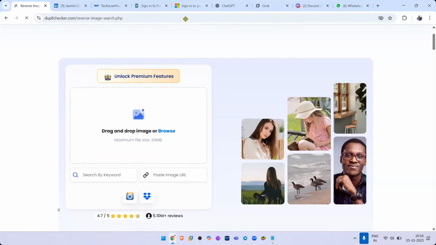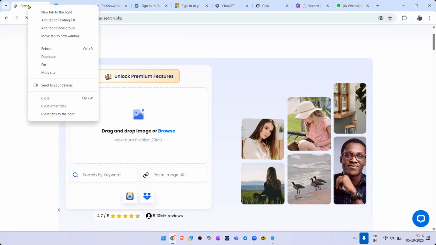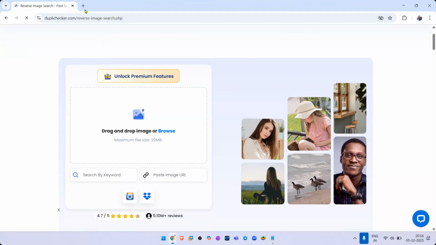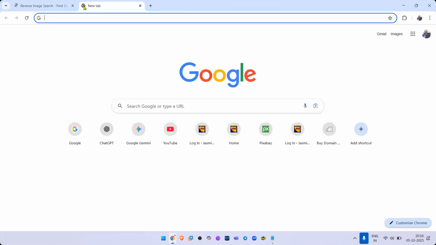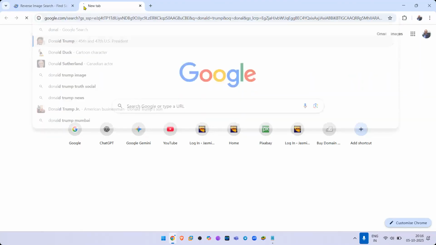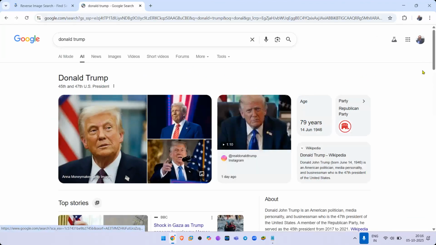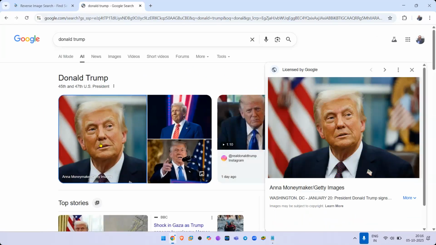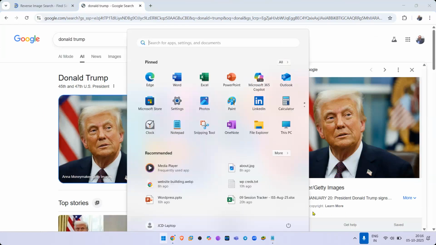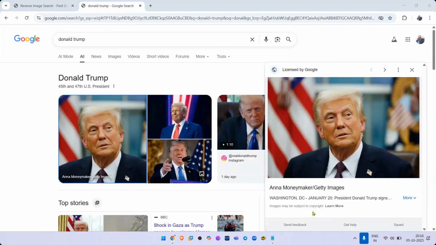Let me try to find someone. All right, I'll just close the other tabs. And I'll search for our favorite 45th president and 47th president of the United States. I'll just get this guy's photograph, just to give you an example, guys.